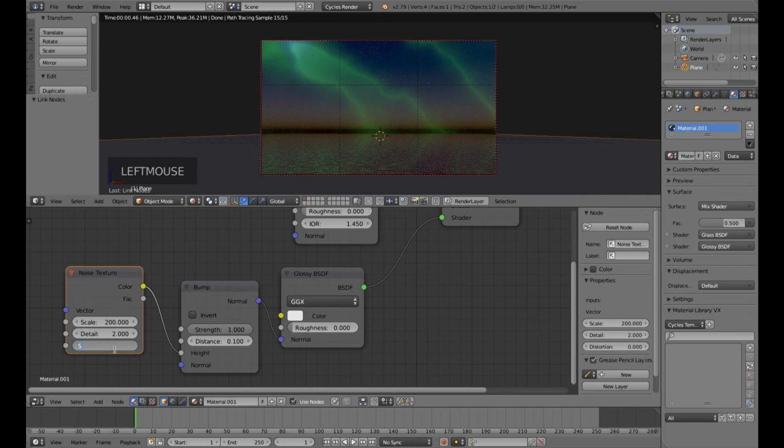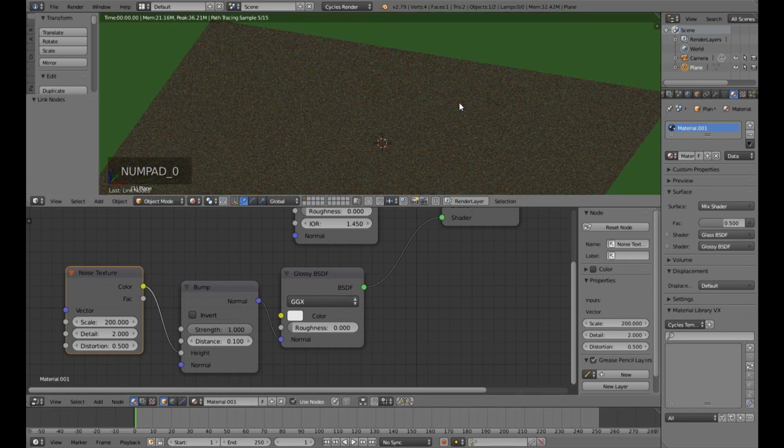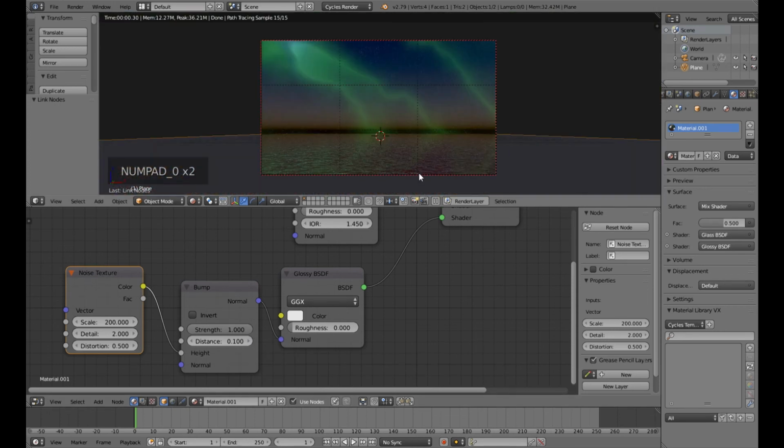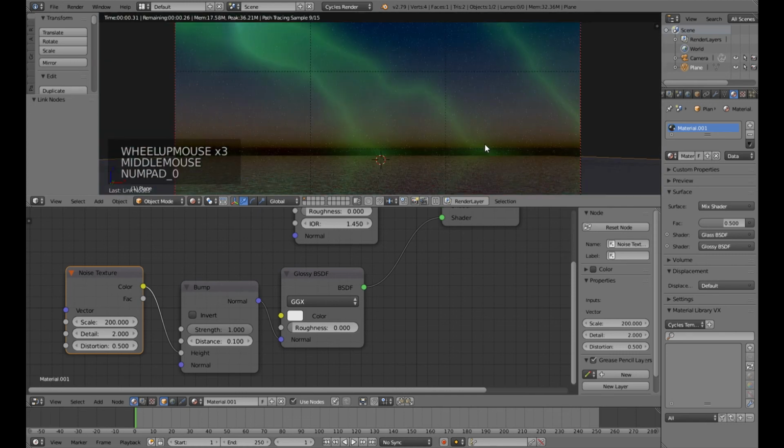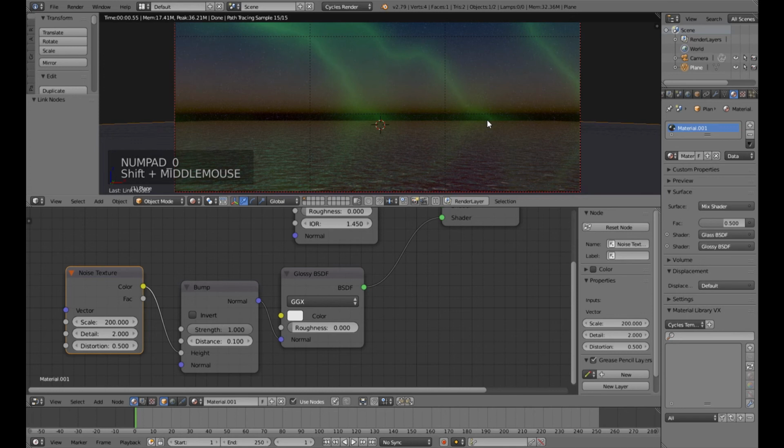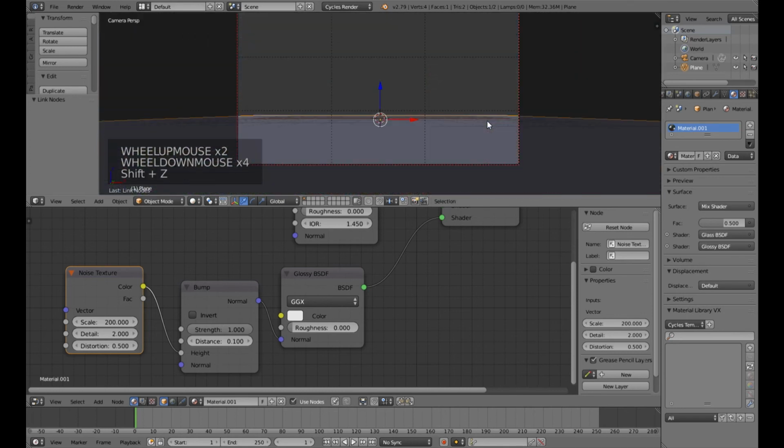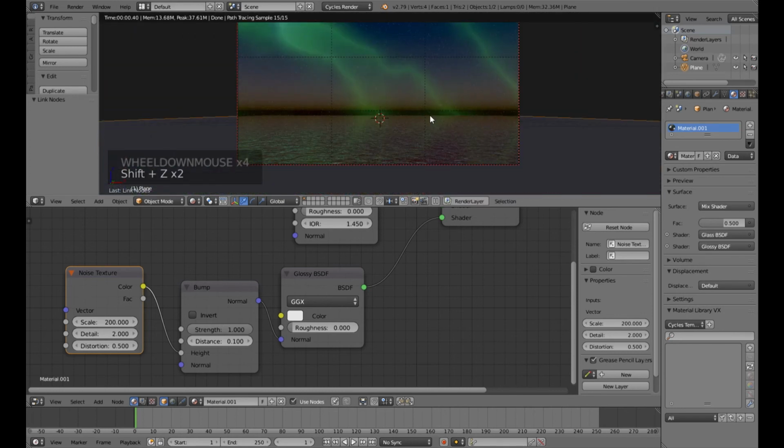Maybe a little bit of distortion to create some waves. And for the strength, I will be satisfied with this 100% value, and the distance maybe 0.25, maybe 0.15. Now it would be better leaving it at the default value. And having these things done, you can see that the waves are generated, and it's also not looking too bad at all. Only one thing is to be fixed, which is that the horizon is actually